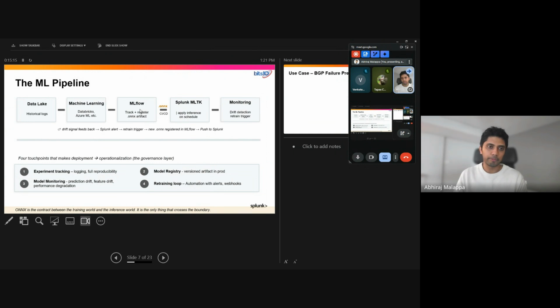So here, after building the model, track it, register the model, and then save your Onyx file, and then take the Onyx file and then bring it to Splunk. And the other important piece is this monitoring of what's going on. And then after monitoring, get it back to machine learning, where if we have to retrain the model and take that forward. So yeah, and this experiment tracking, model registry, monitoring and retraining,